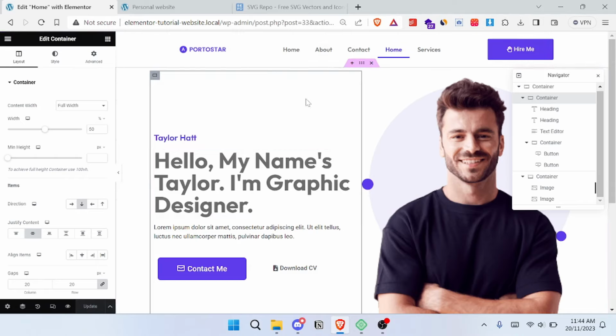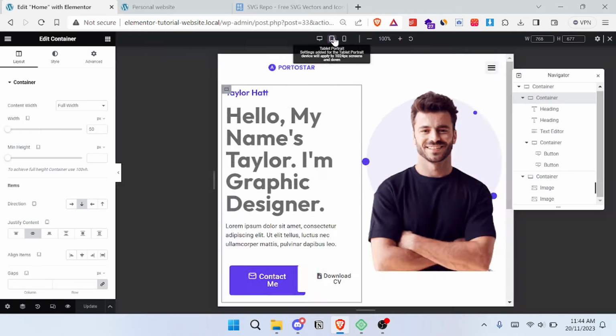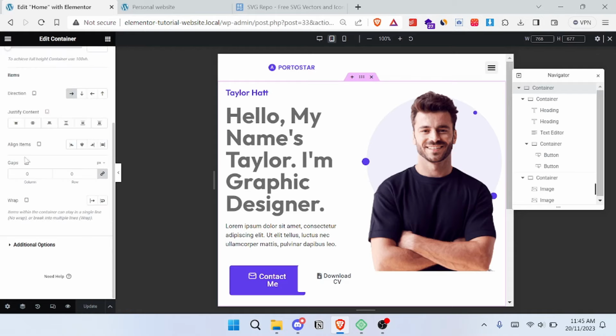And now to make it responsive, just click on responsive mode, then choose the tablet mode. And to make it wrap up, like for the text to take 100% of the width and for the image to be underneath it, just select the entire container here above, the parent of all of them, as you can see here, and scroll down under contents tab, wrap, and then choose wrap,